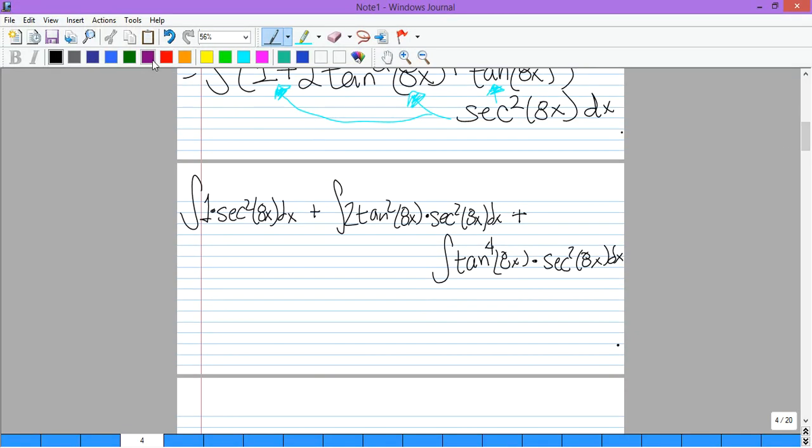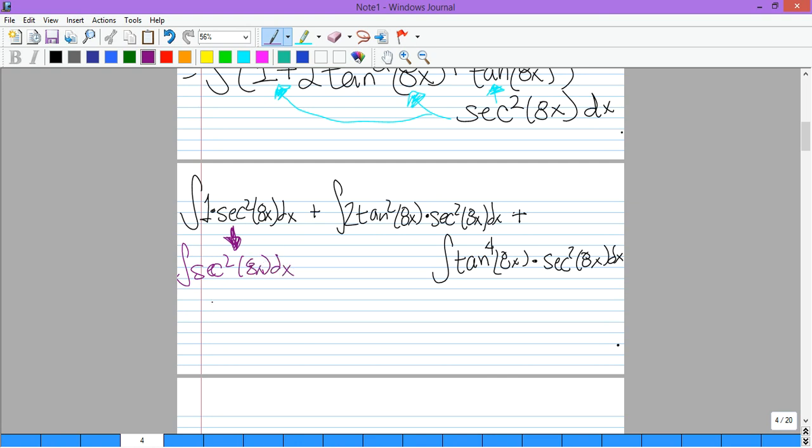Now we're going to have to just take it one step at a time. That's the best way to eat an elephant. And this right here is an elephant. Look at these. This is just all one problem right here, and we're still going. So we're starting with this one first. And this one is just the integral of secant squared